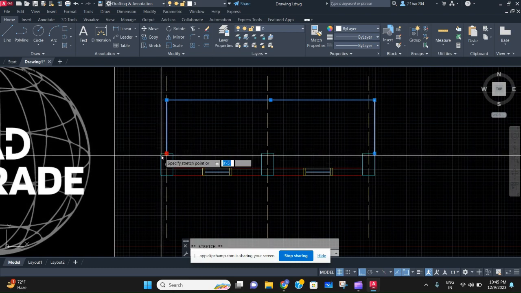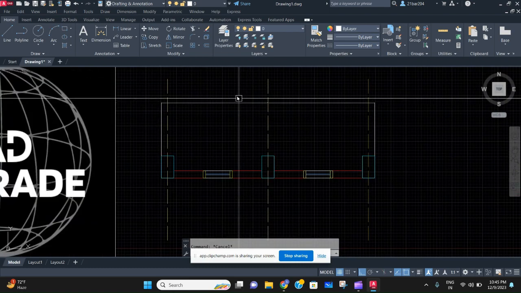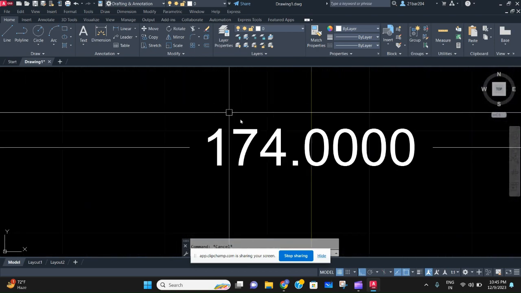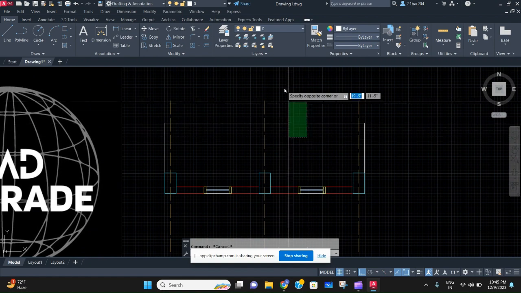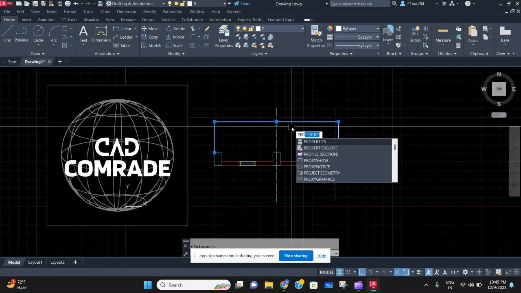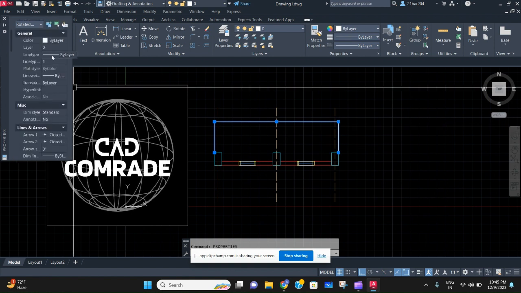Dimensions, which starts from here to here. And as you can see right now, our dimension size and style is very small and wrong. So how we will change the dimension style is go to Properties down here, and we'll select our things